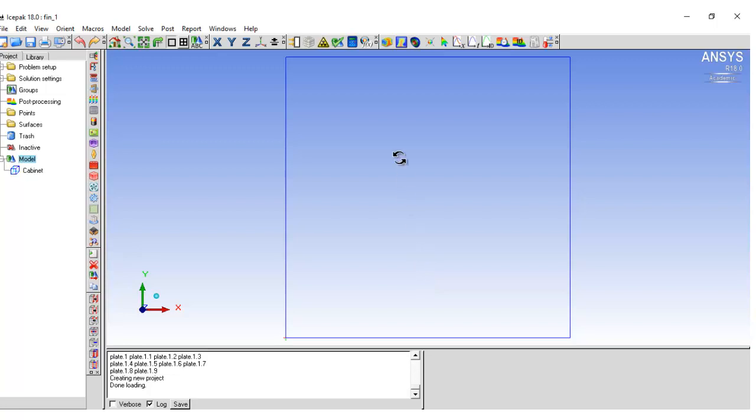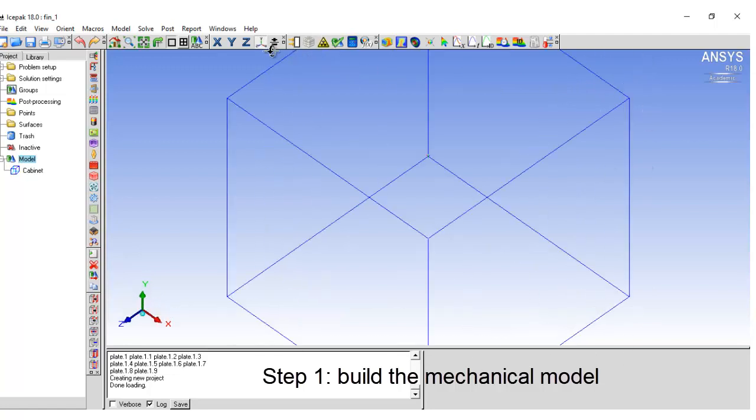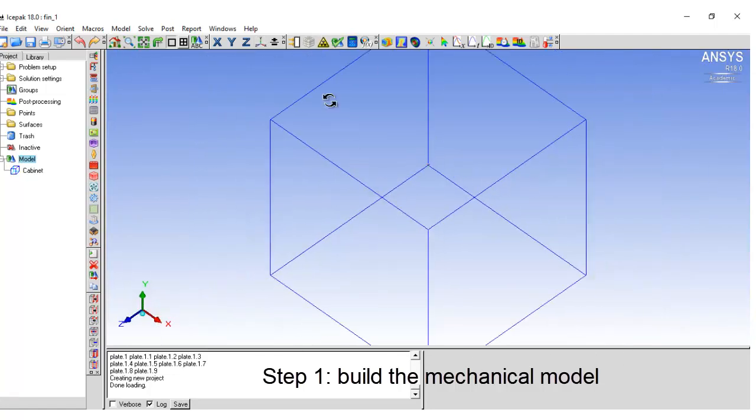Okay, so in the beginning, we can find there is a big square. Actually, it's a block. This block is the cabinet with the dimensions 1 meter times 1 meter times 1 meter. It's a